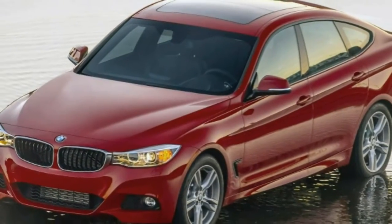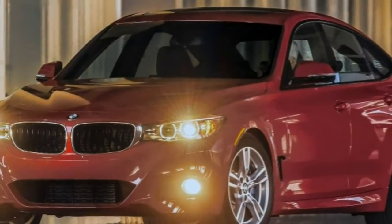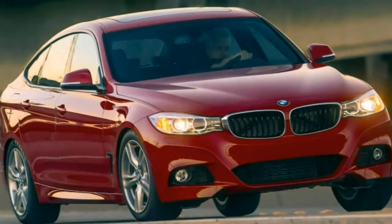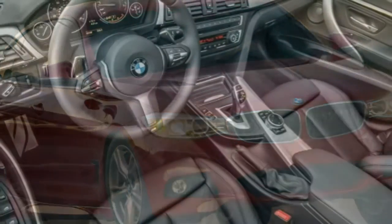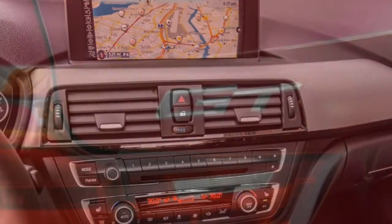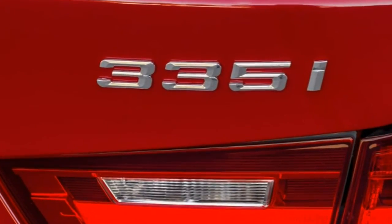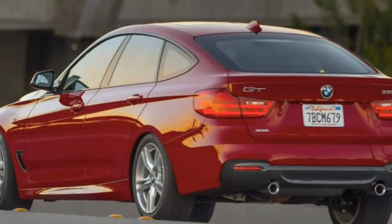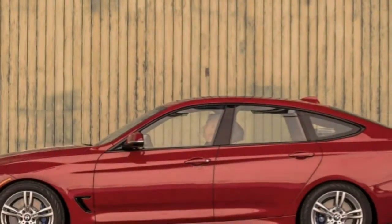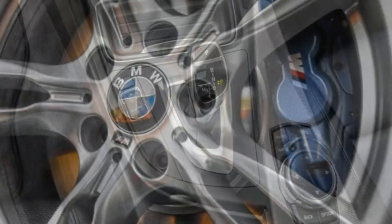Interior design and special features. The Gran Turismo's cabin design is all 3 Series, with a restrained look, standard wood trim and premium materials. The classic analog gauges provide a historical link with BMWs of previous decades, while the luxury, sport and M-Sport themes offer plenty of leeway to customize the cabin. Front seats mounted higher than they are in the sedan and wagon give the driver slightly better sight lines to the road ahead. In terms of technology, the basic 6.5-inch display screen is adequate, but the larger, optional screen delivers